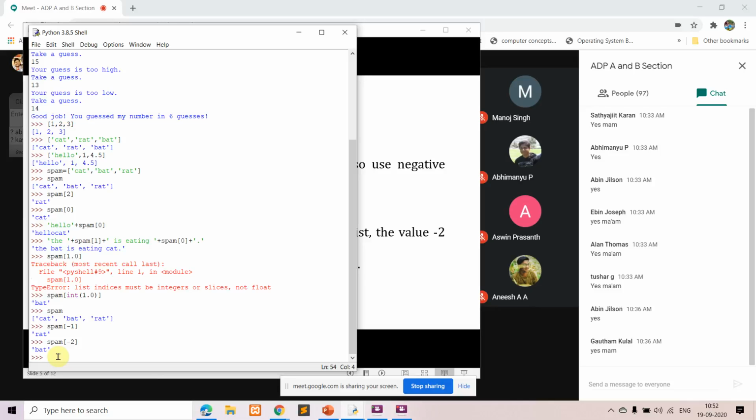Again, in this case also, it is possible for us to concatenate with string values. So I'll just write spam of -1.